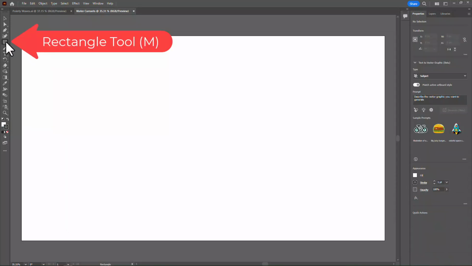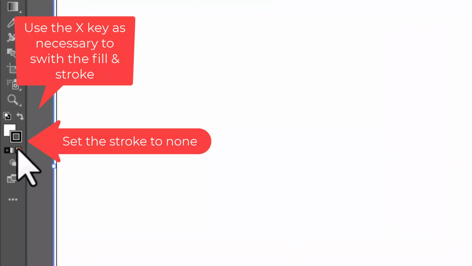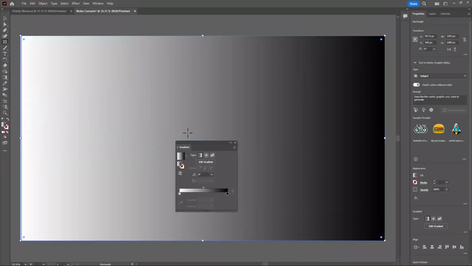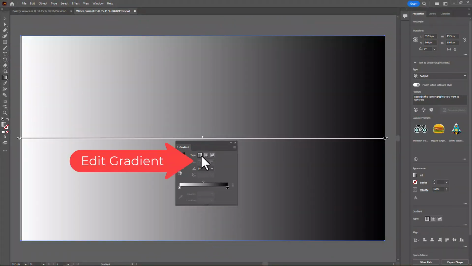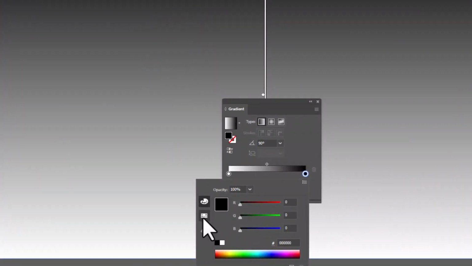Grab the rectangle tool, draw a rectangle over your background, set the stroke to none, and use the X key to bring the fill forward, and select Gradient. Click Edit Gradient, and let's change the angle to 90 degrees, and double click the black slider, and with my